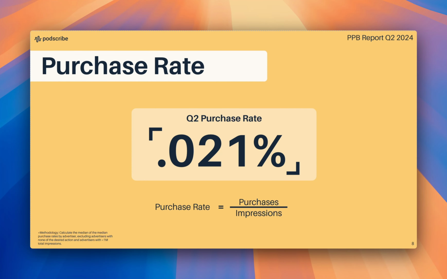And same with purchase rate. I think purchase rate is a little tricky, as has been pointed out before, because we do include purchases, we count them as conversions. Some advertisers, say a Helix mattress for $2,000 or whatever, there's a bit of a different rate there than somebody who's selling $30 sunglasses. So that's where industry benchmarks, which we're excited to break out, come into play later, but this is the overall average purchase rate.